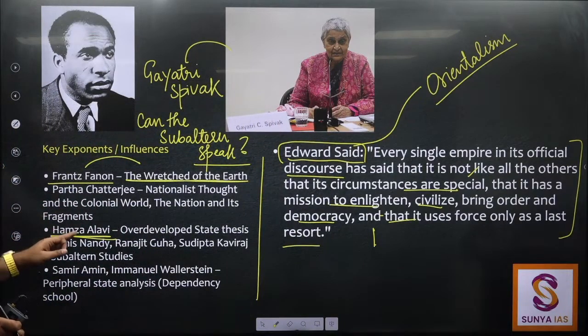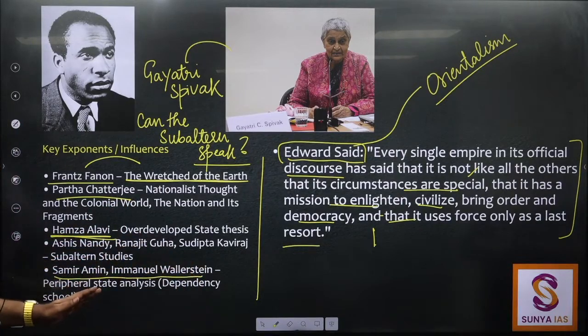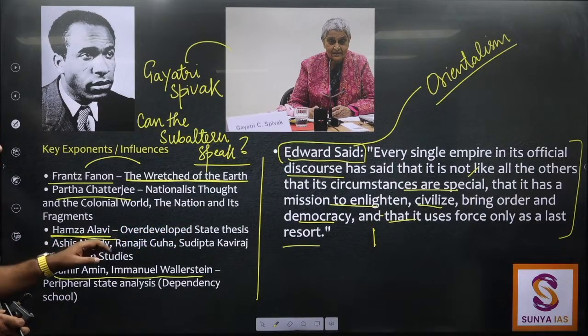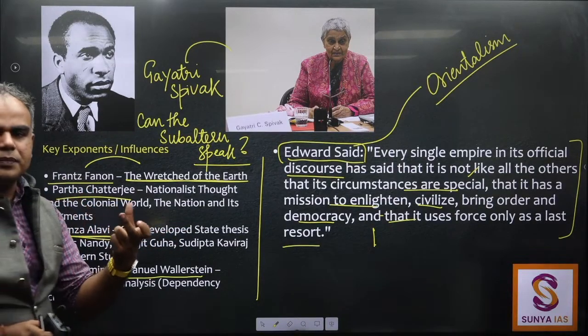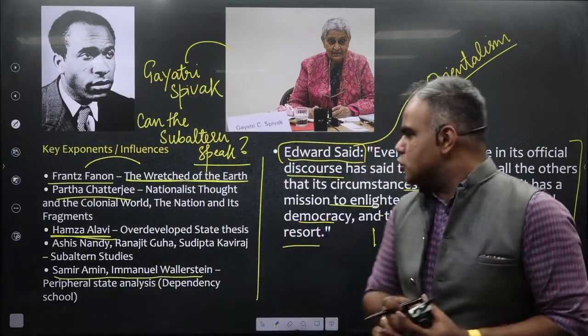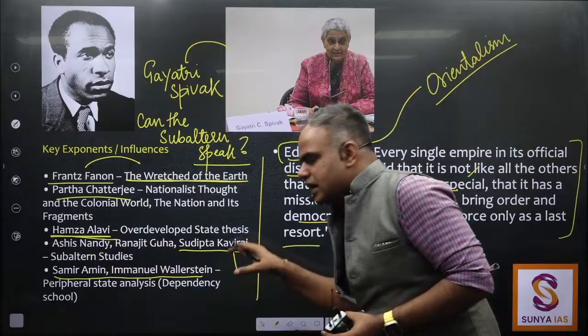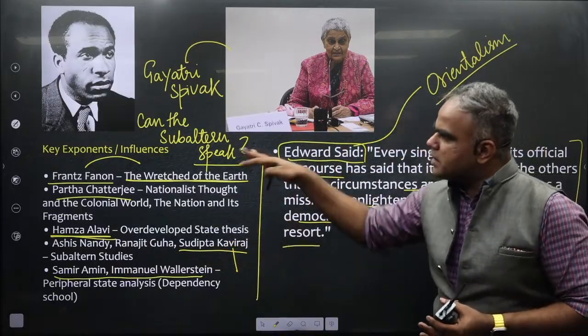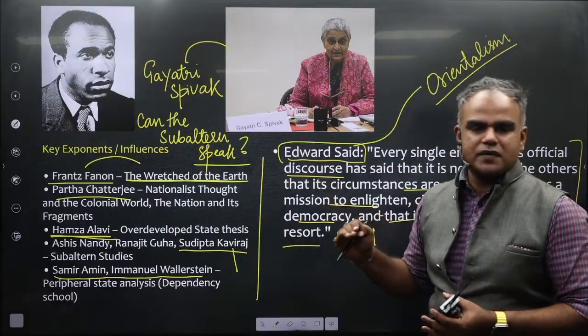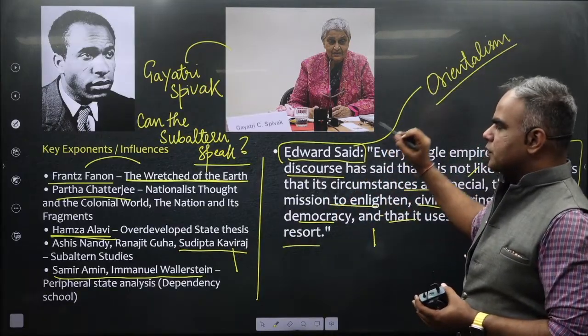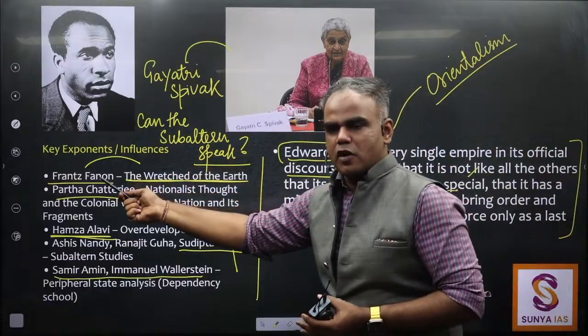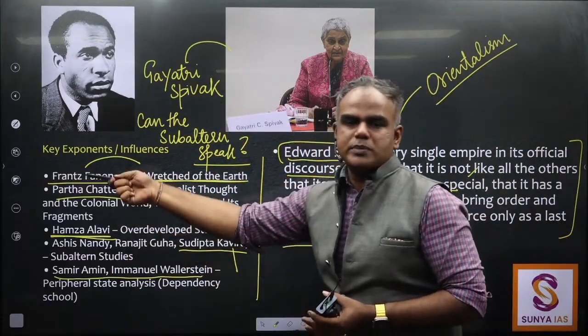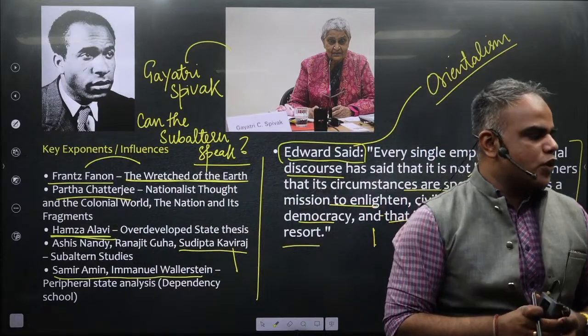Other than that, you have some people, Partha Chatterjee, Samir Amin, Immanuel Wallerstein, we just saw that in the dependency part, okay? So इसमें just remember some of these names. Sudipta Kaviraj, Ashis Nandy has also done prominent works on Gandhi. Okay, so again we'll see some of this. Sudipta Kaviraj also, when we see the Indian national movement and the economic perspective on that, so वहाँ पे भी देखेंगे. All these are some post-colonial perspectives. So my point is, remember Edward Said, his work on Orientalism, Frantz Fanon, very prominent, Gayatri Spivak, and at least one or two more names, so that you know what these people have done overall in their own work.